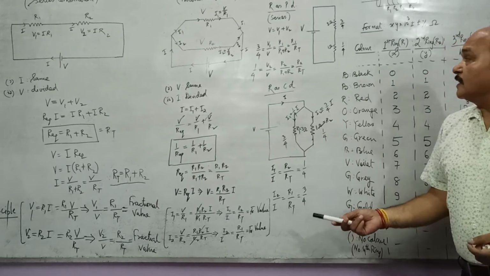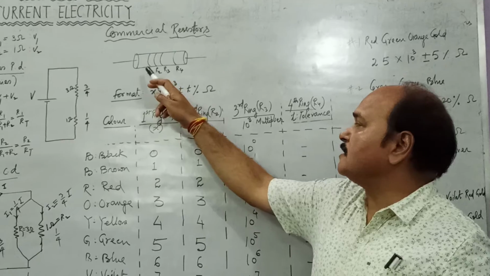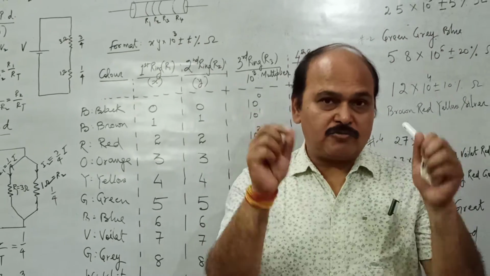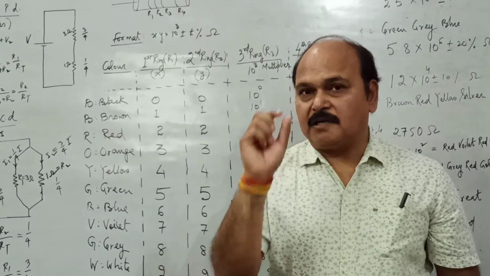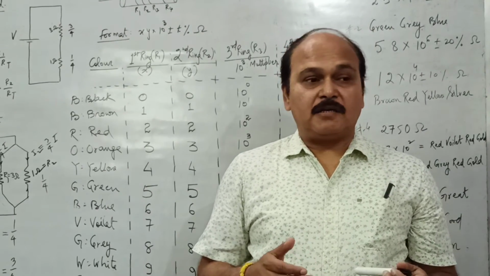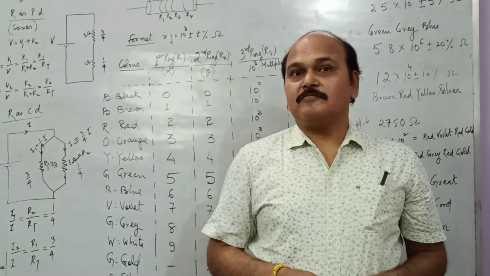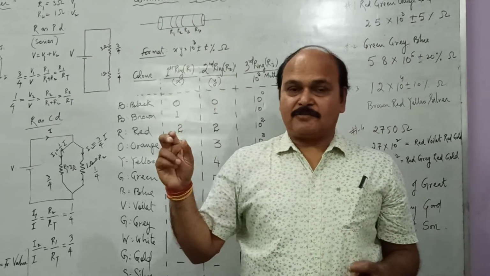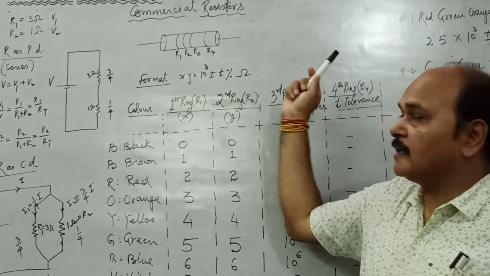Well, the next topic of the day is commercial resistors. Students, these commercial resistors are those resistances which are available in the market and are used in any electronic circuit. These resistances look like very tiny cylinders of the size of, say, a rice grain, rice which is used for, say, making veg pulao. The size of the rice grain is nearly the same as the size of these resistances. So these are very tiny cylinders, and from both the terminals of the cylinder there are electrical connections.